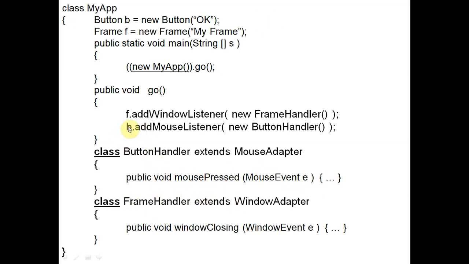As we click on the button, mousePressed is activated with the mouse listener, and here the argument is ButtonHandler. Inside the ButtonHandler we have the mousePressed event.